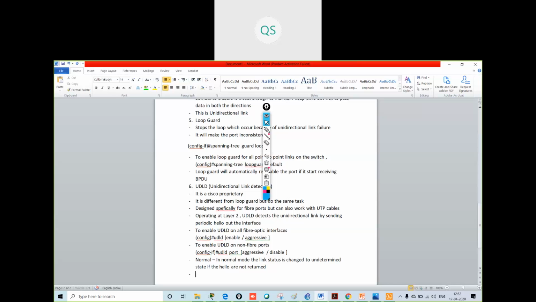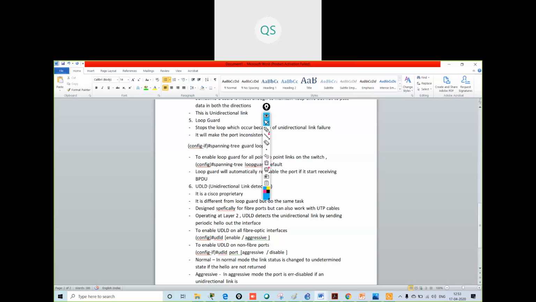Now what is aggressive mode? In aggressive mode, the port is error disabled if a unidirectional link is found.